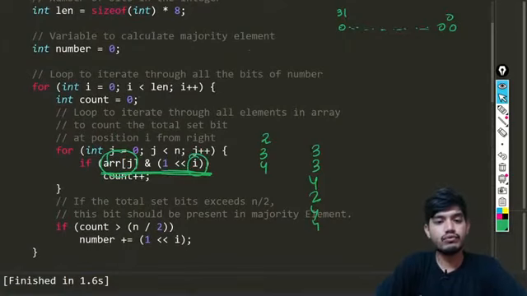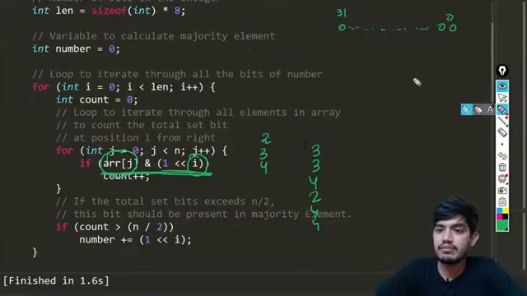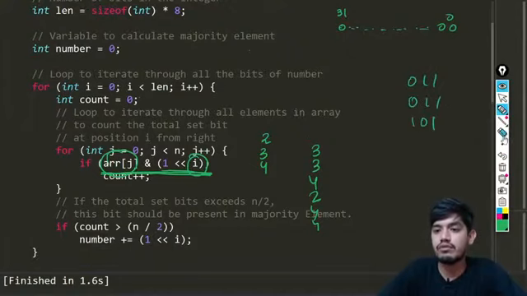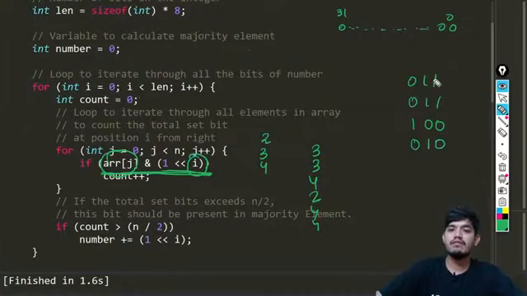So 3 3 4 2 4, all these values have been taken from here, and in each and every number, for example in 3, so what will 3 be? 3 will be something like this one. Okay, not this. So it is 3 something like this, and then we'll again have 3, and we'll again have 4, 4, not 5. So 4 will be something like this, then again 2, so 2 will be this one. So in this you can see we'll be checking this bit. Okay, so is this bit set in all of the numbers or not.